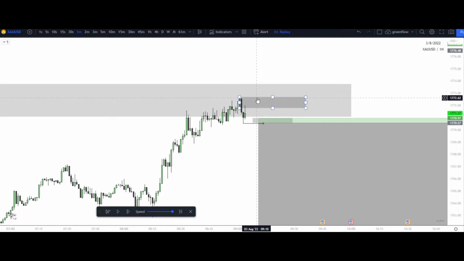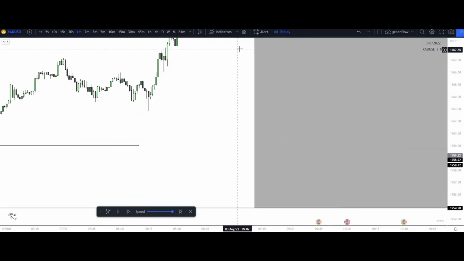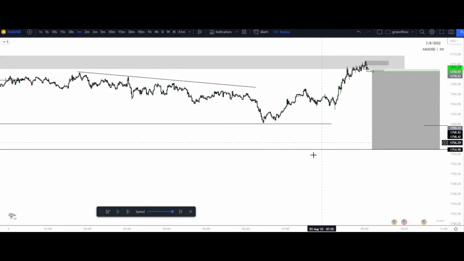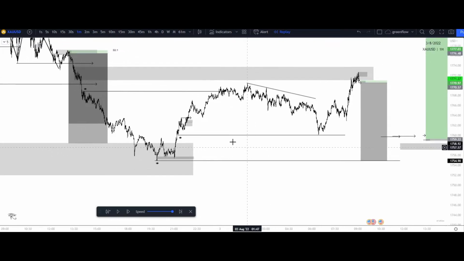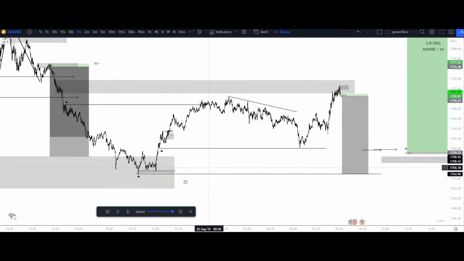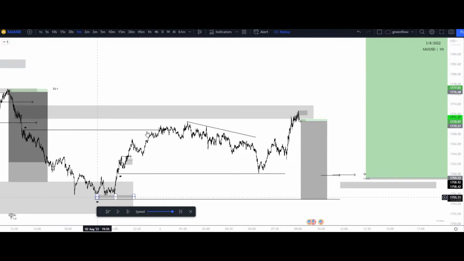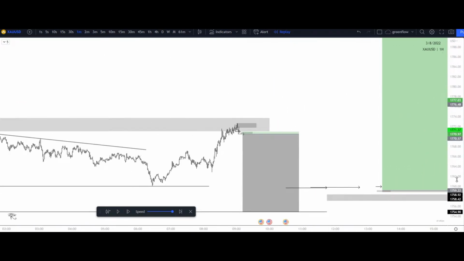So now I'm looking for price to respect this institutional candle here. Yes, this would be unconfirmed if you were to take trades, but we get our first break of structure right here. And then I'm looking for that second break of structure to the downside to then confirm our area of supply, our Wyckoff within our supply zone, to then take it to areas lower from our overall weak low. Weak low that is present right here, liquidity that is present right here, liquidity that is present down here as well, and our overall internal bearish structure.